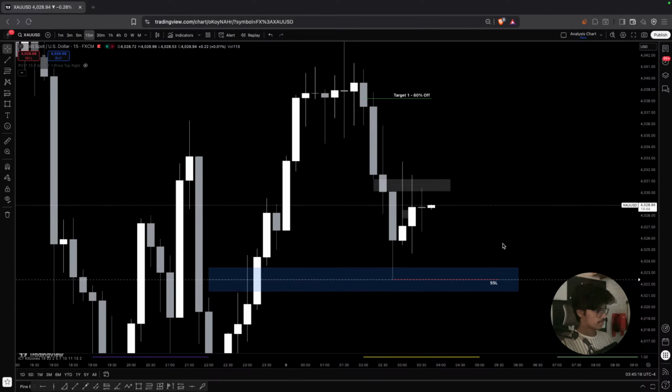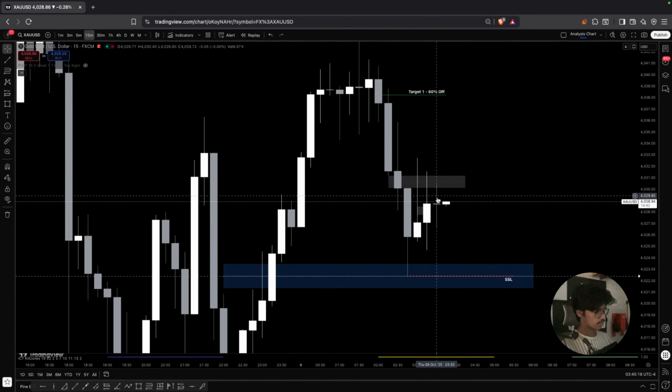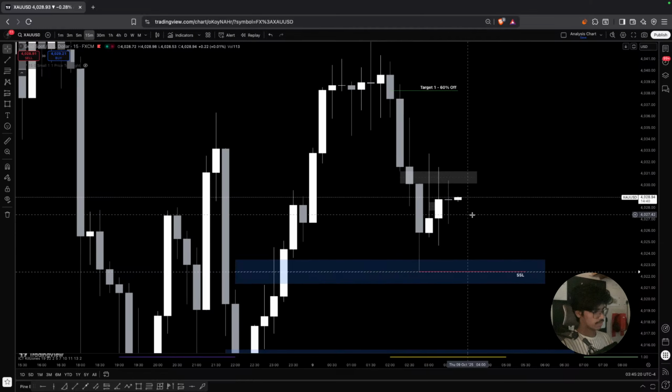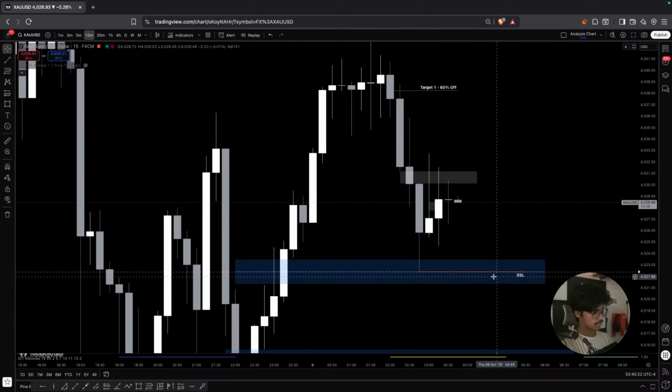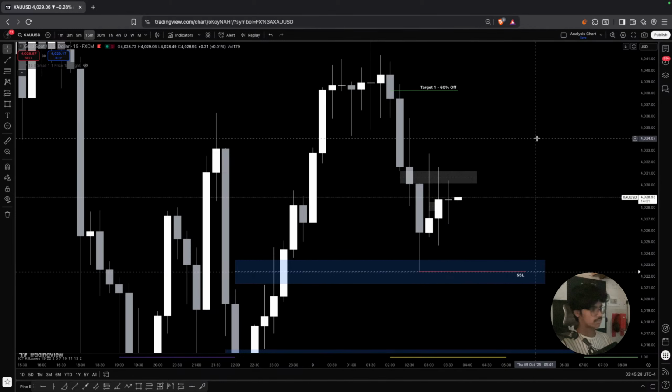As you guys can see, another 15-minute candle has closed below this point, so it is actually rejecting the level. The only A plus setup is you just take these lows. Okay, that's when you have a good setup. You take these lows, then create an inversion, then look for buys. That's it.